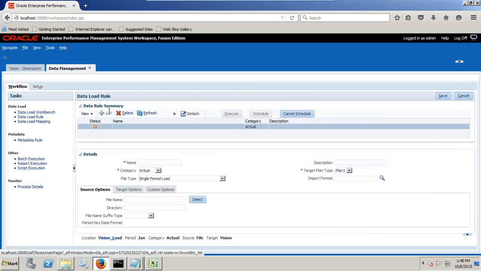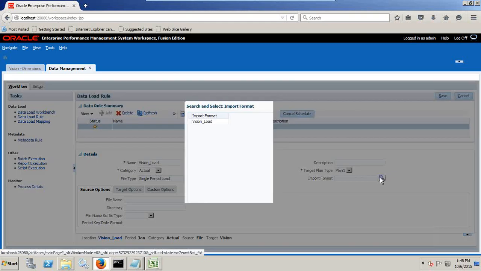Click on add. Name it Vision Load. For the source, I'm going to use the category actual. We have an option called actual and budget. However, I'm going to use actual as the source category, and the target is going to be the Plan1 application. Point your